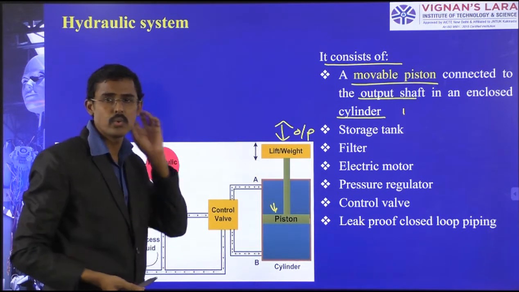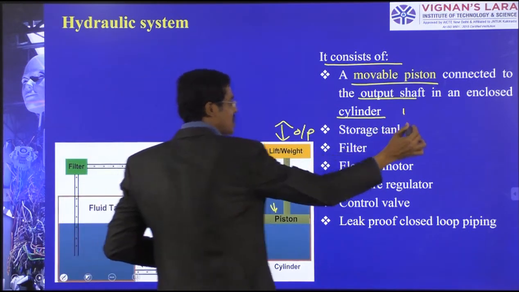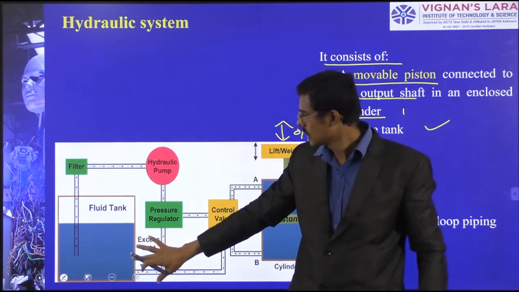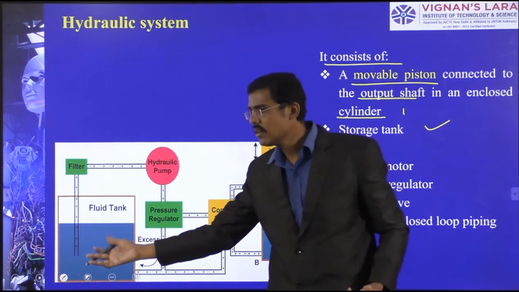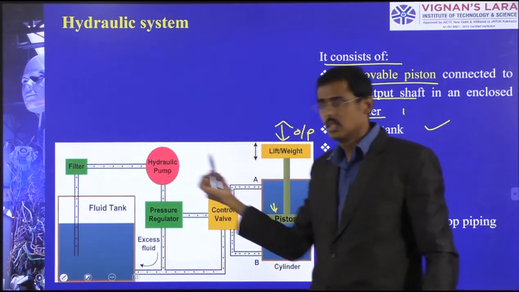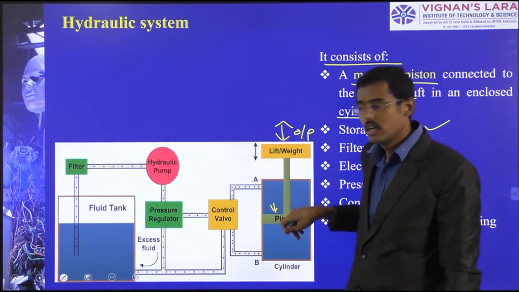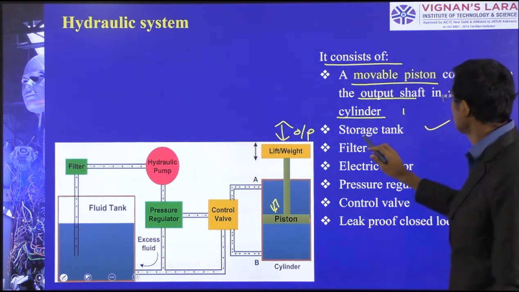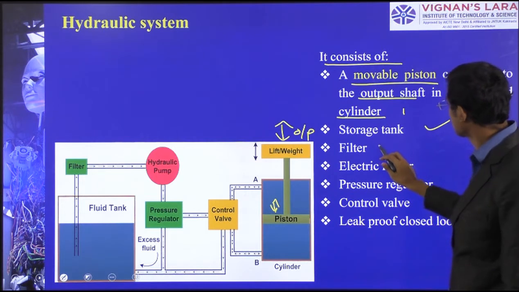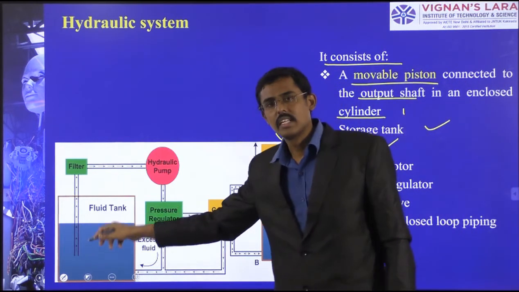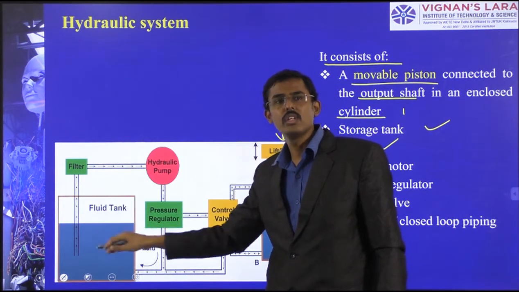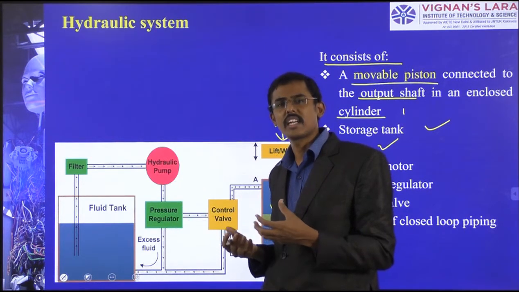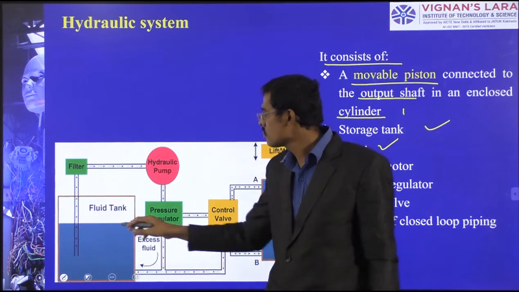What are the components we have now? We have a storage tank, a fluid tank here, the reservoir. From here we want to take the fluid down and reach here. So we have the cylinder, the storage tank, and the filters. The tank which we are filling with fluid may have dust particles. The fluid contains some impurities, and those impurities are to be